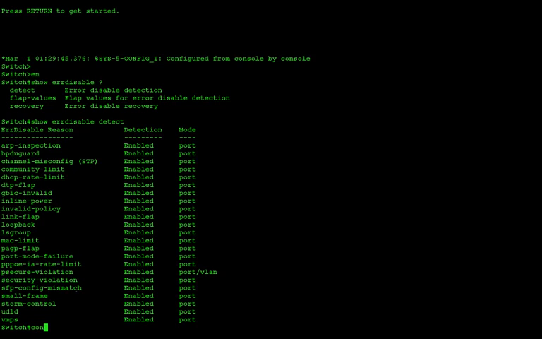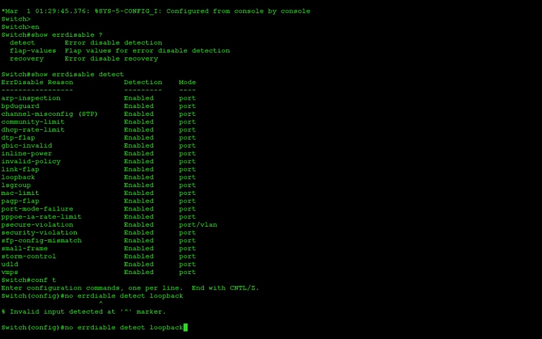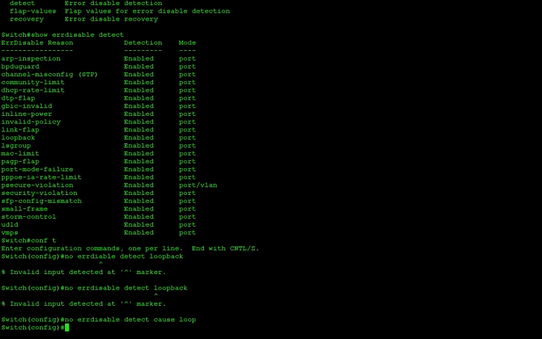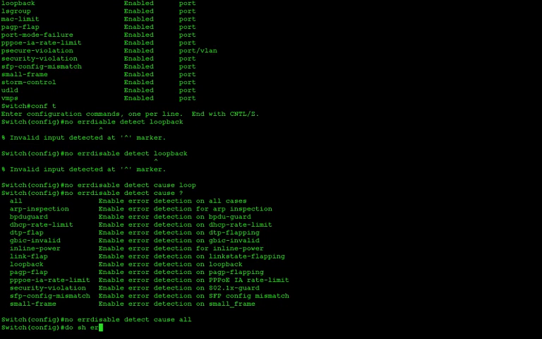Now we could disable what we're detecting on, and we do that simply with the no error disable detect command, and in this case, let's say loopback. Missing a few keywords here, cause loopback. We can question mark that up so you can see what's available after there. So you could disable it for all. Let's actually do that. Let's disable it for all. Do show